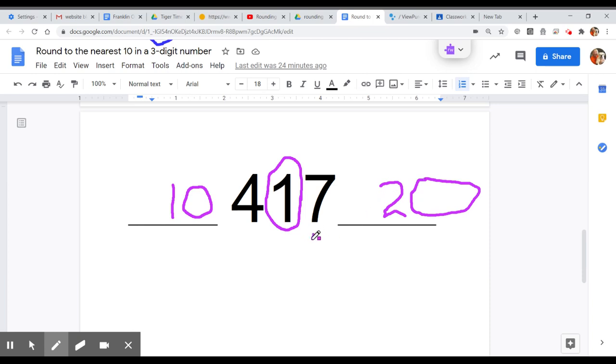So let's go back and put a dot underneath our ones place. The number next door is a 7. So remember our little saying, if it's 5 or greater, you go up because greater means bigger. If it's less than 5, you go down because less means smaller. Well, it's a 7, and I know 7 is greater than 5, so I'm going to go up. So I'm going to round